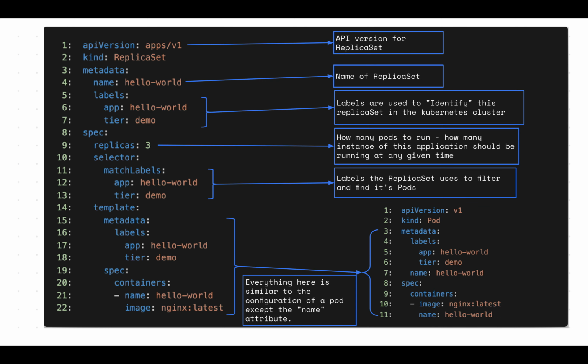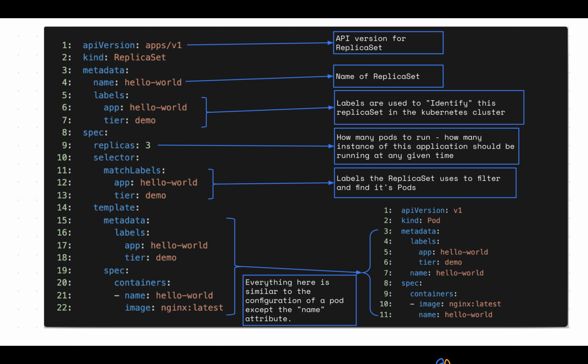We're going to be looking at a simple YAML file for a replica set. For a replica set, you have something like this. On line 1, you have the API version, which I talked about when we saw the YAML file for pods. Then on line 2, we have the kind. That's the kind of resource you want to deploy, which in this case is a replica set. A very interesting part is on line 9, where you specify the replicas. In this case, replicas is 3. That is, at every given point in time, I want 3 instances of my application running. I want 3 pods running in the Kubernetes cluster.